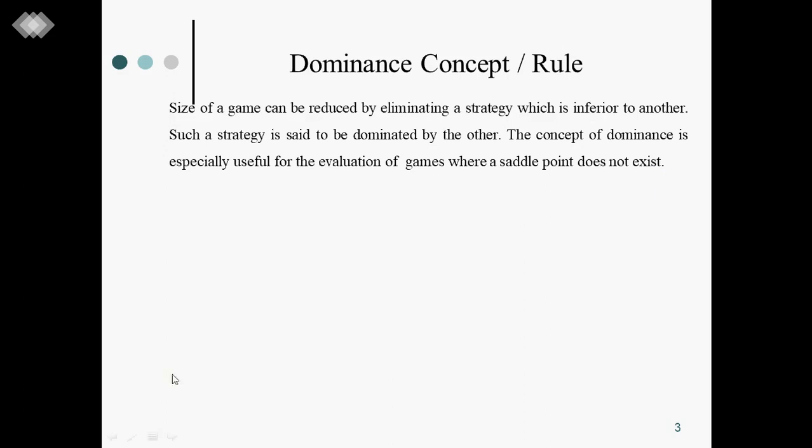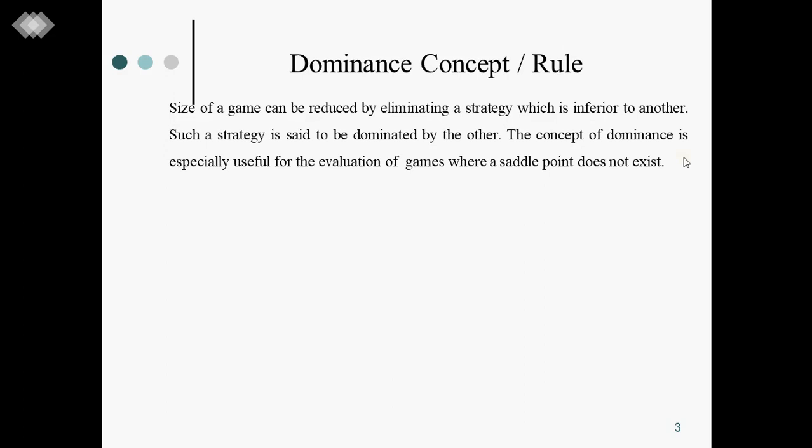Basically, the outline of this dominance concept is, first we will check the saddle point. If there is a saddle point, we will solve the game using the saddle point approach. That is very simple. That is a deterministic game. Corresponding strategies we will take corresponding to min-max and max-min. If min-max was equal to max-min, we used to strike out the respective row and respective column. Solution of a game means suggesting the best strategy for player A, for player B, and value of game. In one stretch we used to get the solution.